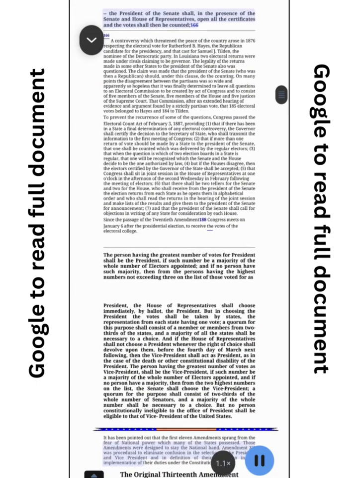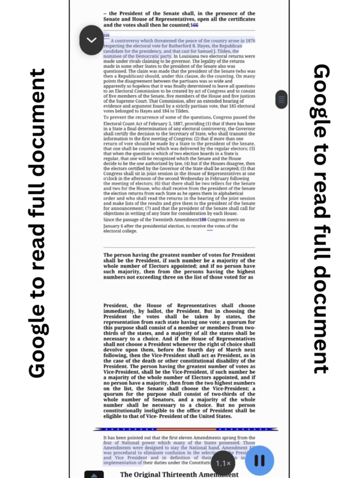165. The President of the Senate shall, in the presence of the Senate and House of Representatives, open all the certificates, and the votes shall then be counted. 166. The person having the greatest number of votes for president shall be the president, if such number be a majority of the whole number of electors appointed, and if no person have such majority, then from the persons having the highest numbers not exceeding 3 on the list of those voted for as